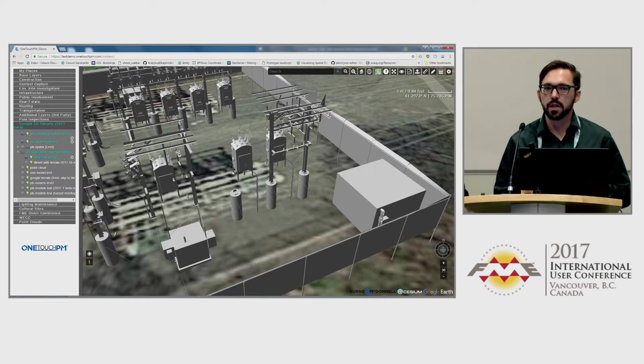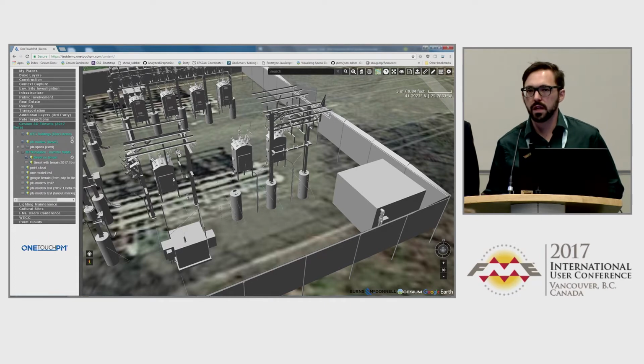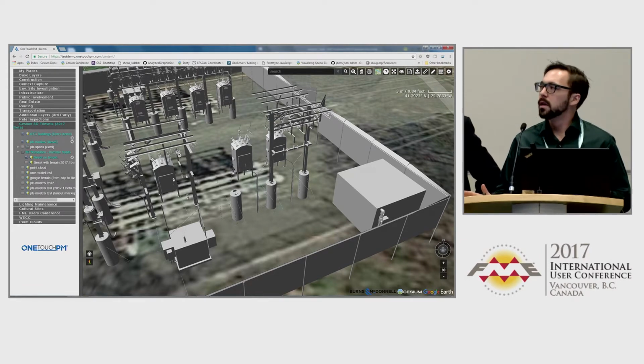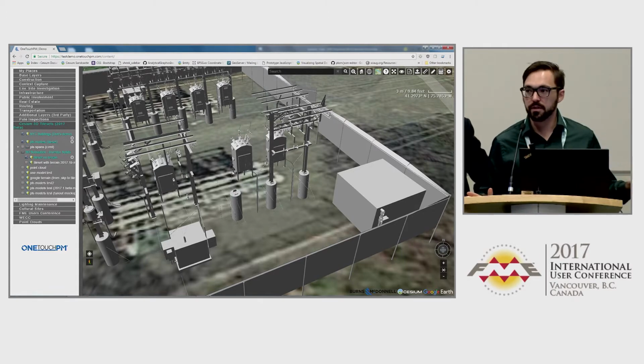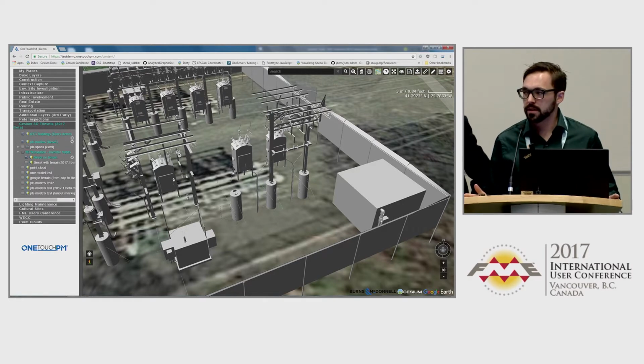We tried it a couple of times before we had this writer. We were trying to export to GLTF and do all these hokey little tricks to make it work. But then the 3D Tiles specification came out, which has been finalized, or is going through finalization, and we thought, oh, this looks cool. How do we make any of this? So we dorked around for a little bit trying to make it ourselves, and then we found out about the writer, and we literally threw some of that stuff in the garbage and moved on to this. So FME has allowed us to take some of our existing tooling for reading in these data sets